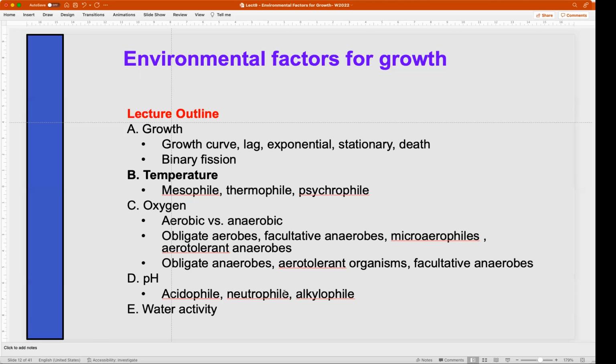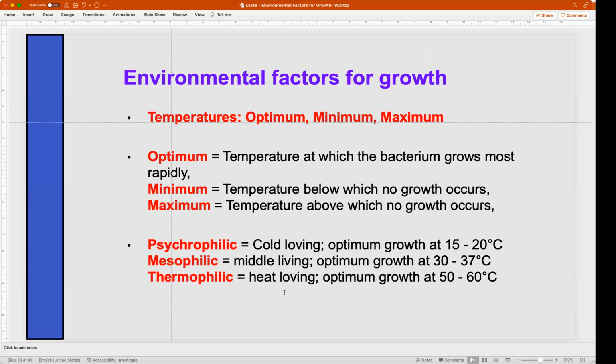Okay, so the next section, I'm talking about temperature with microbes. There's a couple of words that go with temperature as an environmental factor for growth. You've got the optimum temperature. This is the temperature that your microbes like the most. Then there's the minimum, there's a maximum temperature, and there's 3 words that go with what kind of temperature